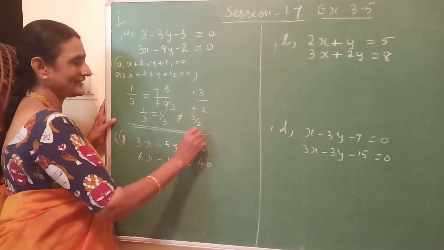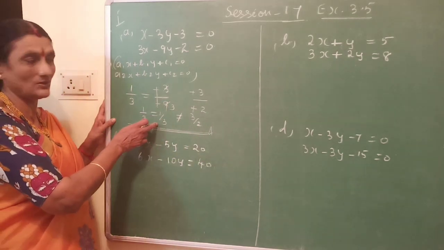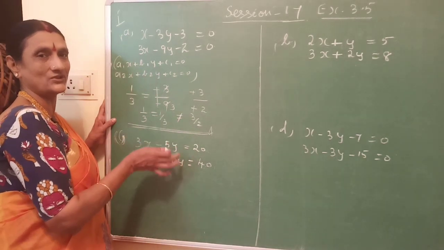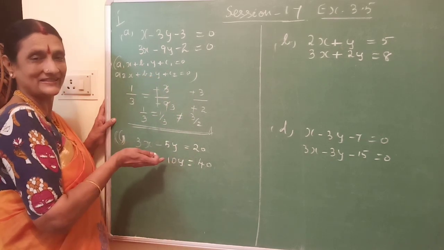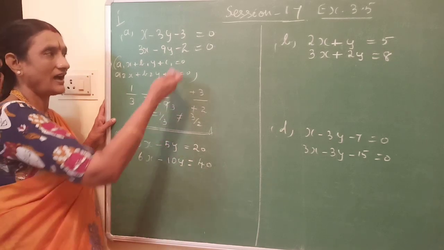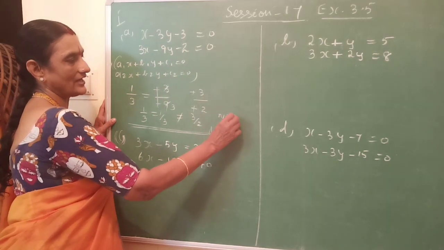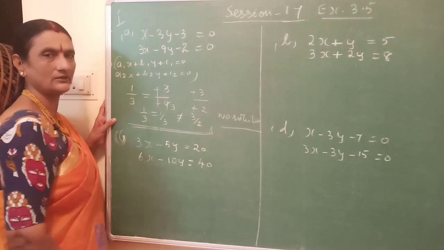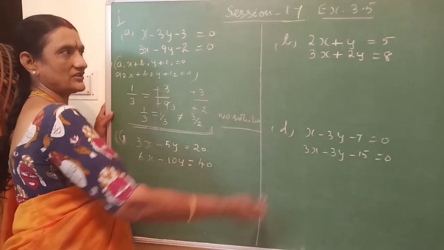So what do we get in this case? In this case we get a1 by a2 is equal to b1 by b2, but it is not equal to c1 by c2, so it will not give a unique solution. Why? They represent a set of parallel lines. Parallel lines, will they meet? They won't meet. Therefore there is no solution, or the equations are inconsistent. Therefore you have to write no solutions. For this you don't have to solve it. We can just leave it. Are you understanding? We will move on to equation B.